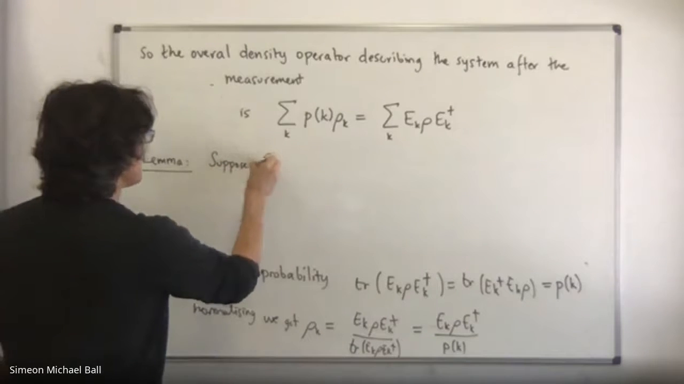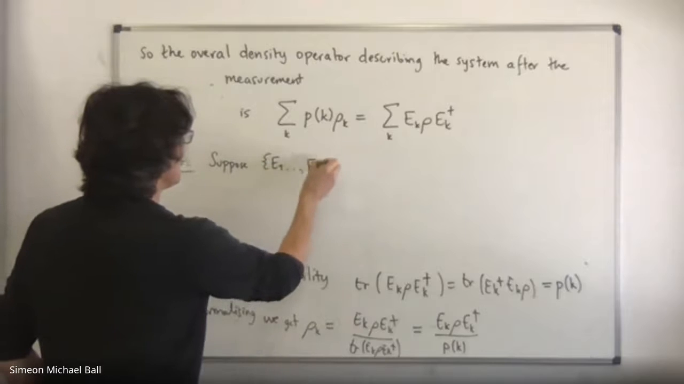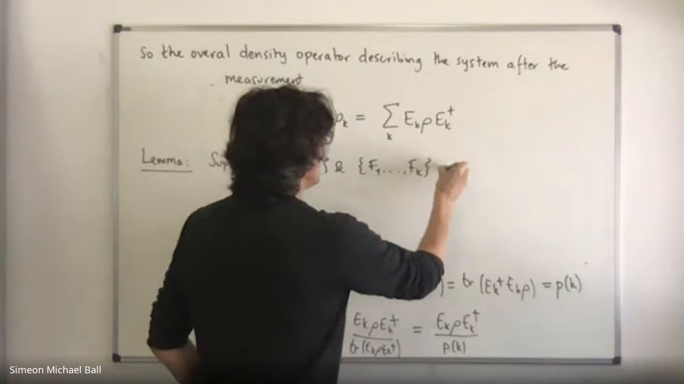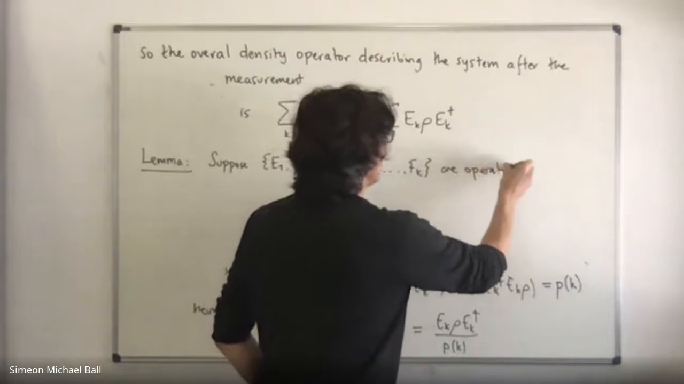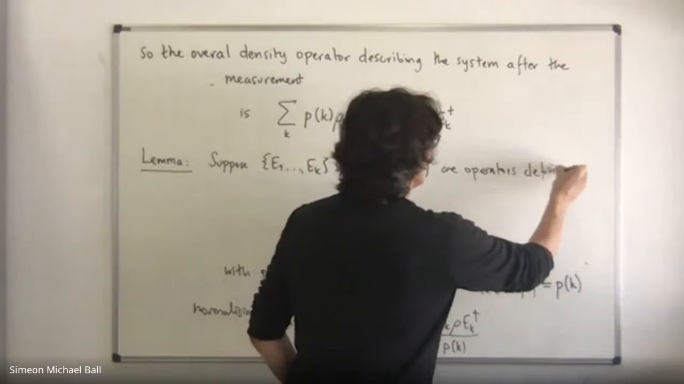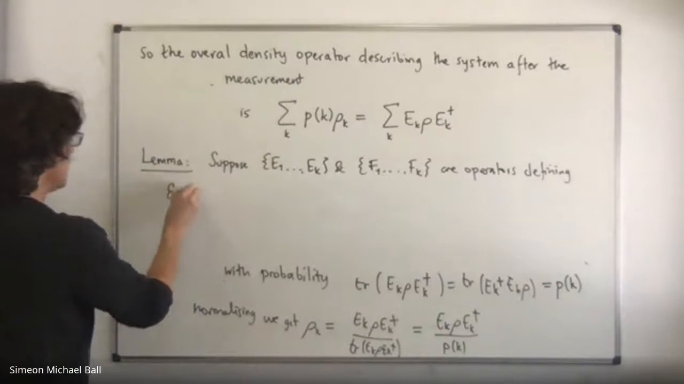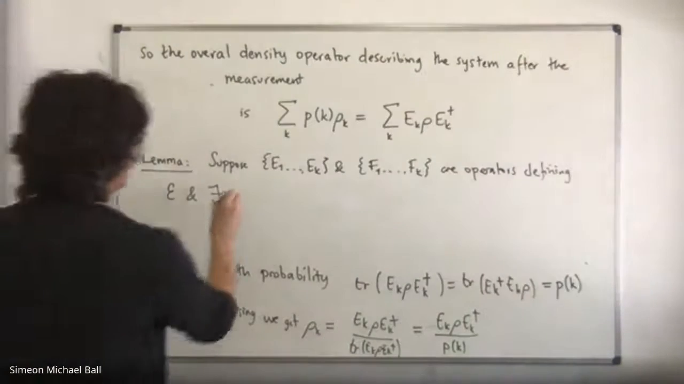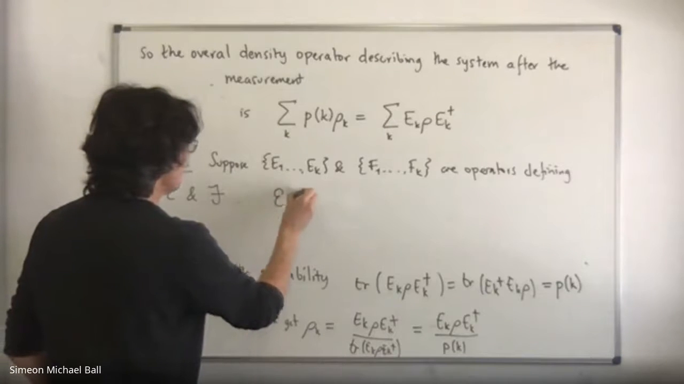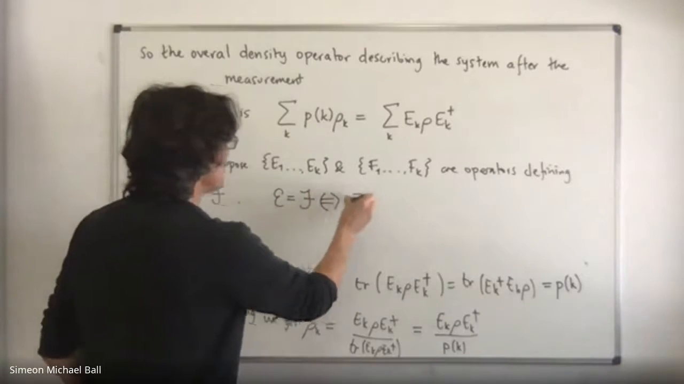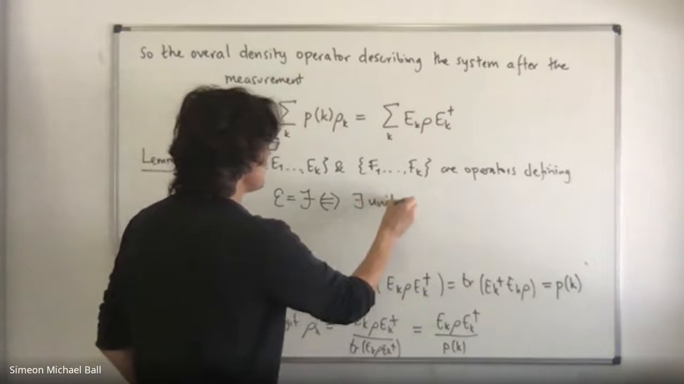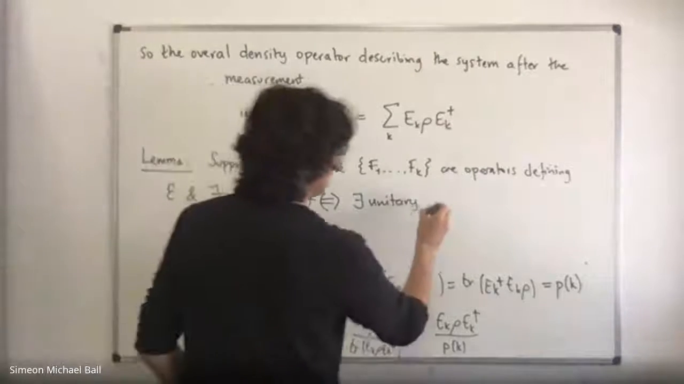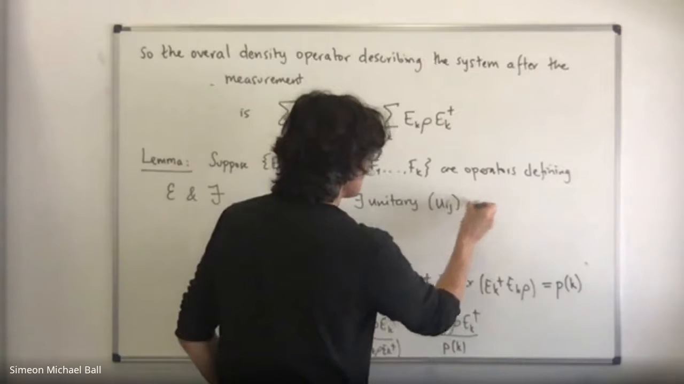So let us suppose that E_i and F_j are operations that define the curly E and curly F. Then curly E is equal to curly F if and only if there exists a unitary U_ij such that